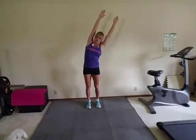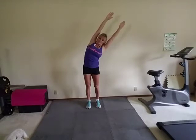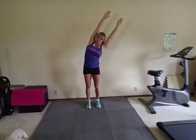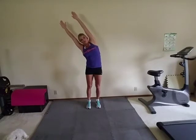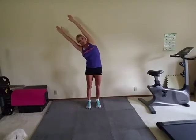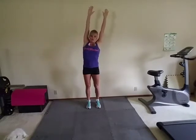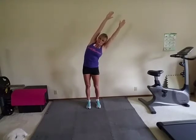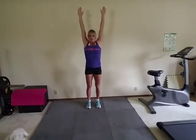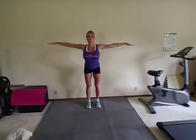I'm not big into stretching statically for long periods of time, but slight pauses in each stretch is very good. So we'll go back over to the other side once again. Now, this is stretching your sides, your abs, allowing your shoulders to stretch above you, just stretching your spine a little bit. Now I bring the arms down, make a nice T, and then what I like to do is